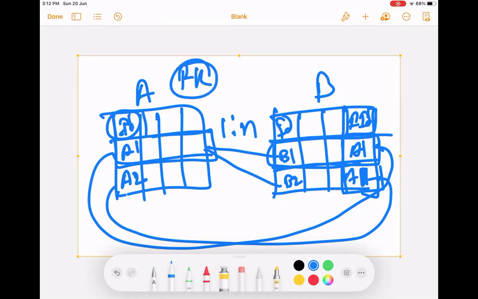What is a primary key? A unique identifier of a record. Just like you are a citizen of India, what is your primary key? Your Aadhaar card number, right? Yes, Aadhaar card number. It will be unique. Or your passport ID, right? Yes, sir. So now if you are traveling to the USA with your passport, will you be treated as a citizen or a foreigner? Foreigner, sir. As a foreigner.